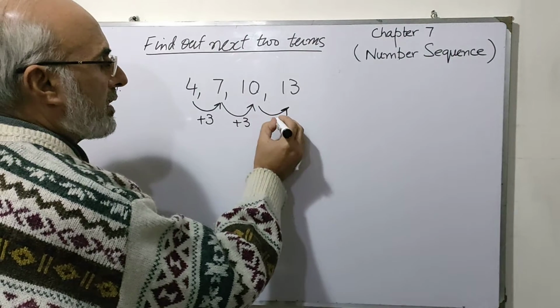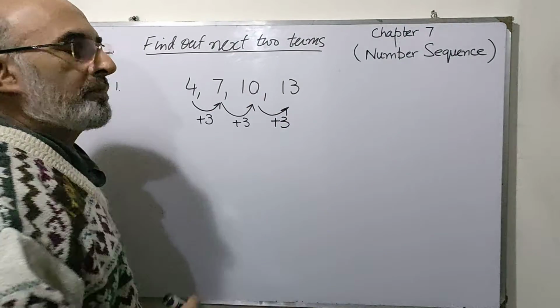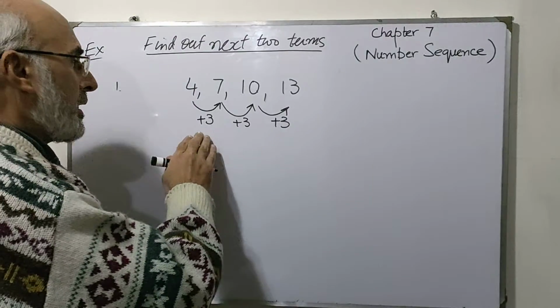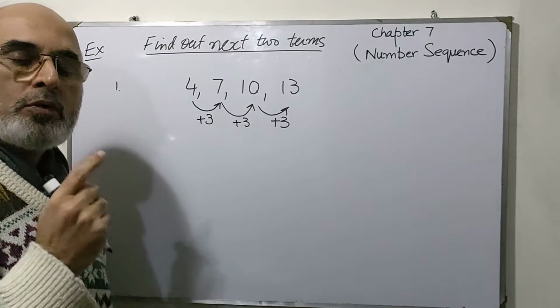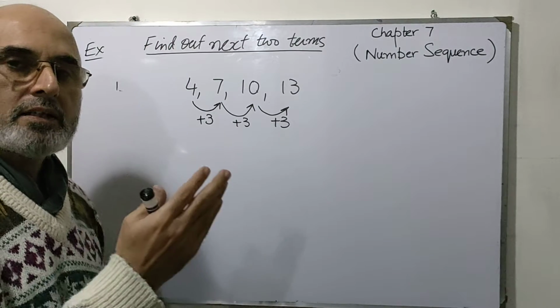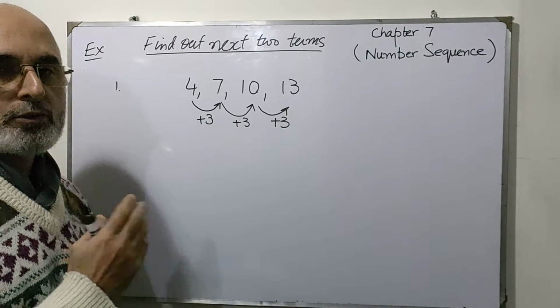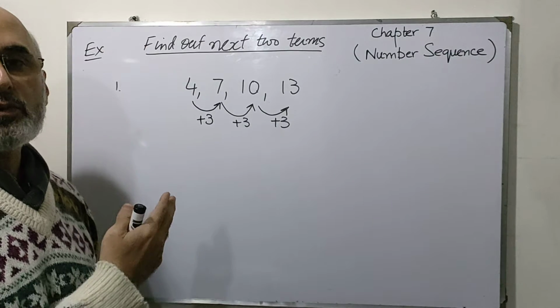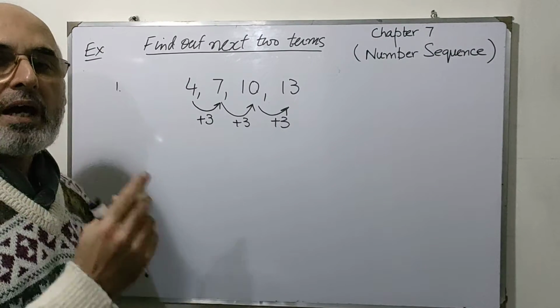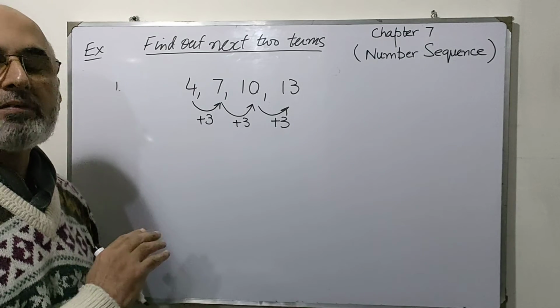We add 3 to 10, and what do we get? 13. Fine. So, each time we add 3 to the previous term, we get the next term. So this is our rule. This is the rule we were looking for, that we have to add 3 to the previous term to get